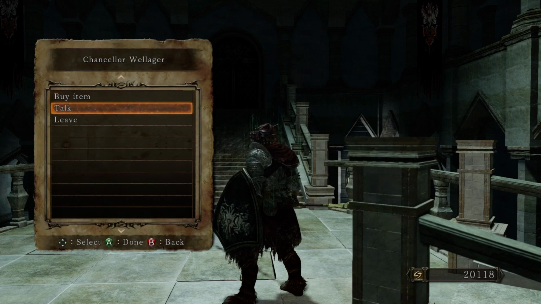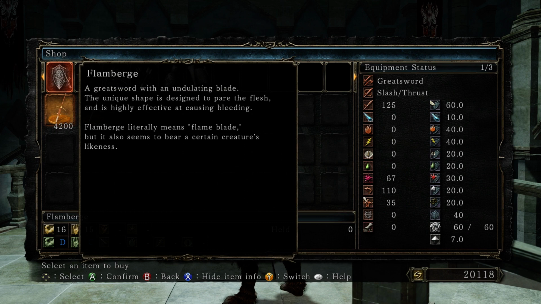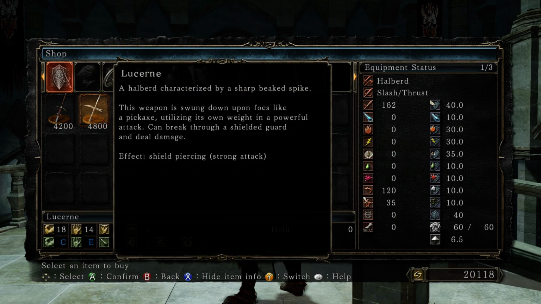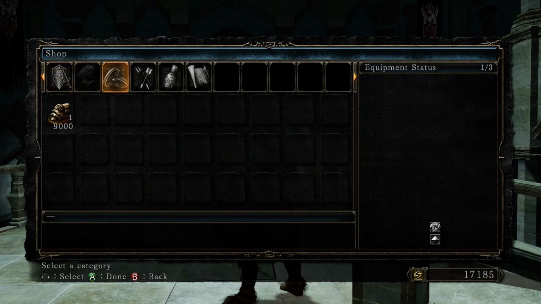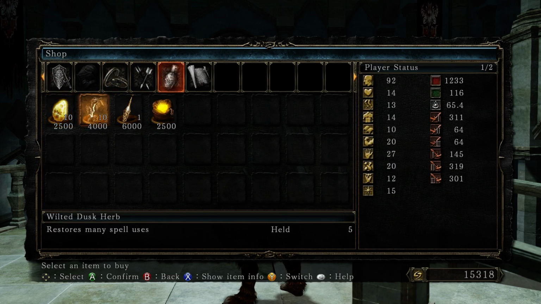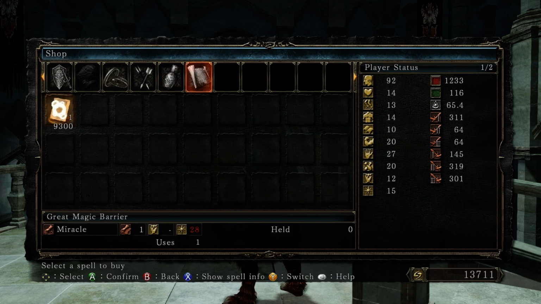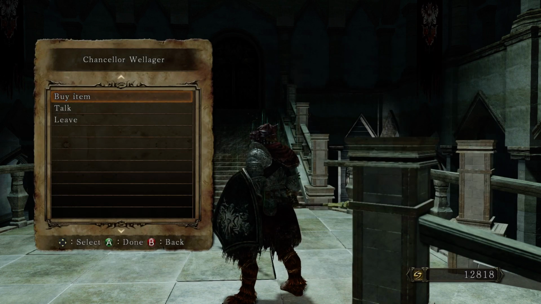Chancellor Welliger, though I would presume Welliger, has nothing more to say. He sort of blows his dialogue load pretty early on, but he does have a couple of cool things for sale, as well as a really great emote. The Flamberge is a dexterity scaling greatsword, and the Lucerne, I'm going to pick one up, is a halberd that has the special ability to pierce shields with its strong attack. Most importantly, I think, is the fact that Welliger sells infinite repair powder. It's a bit pricey, but it's basically your only source of the infinite stuff, so...